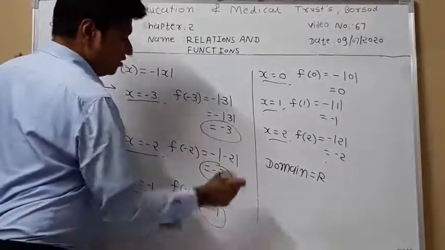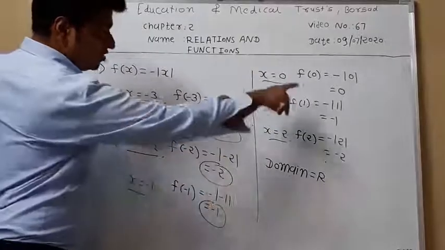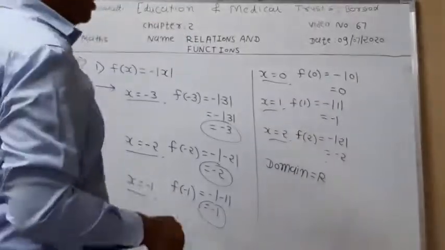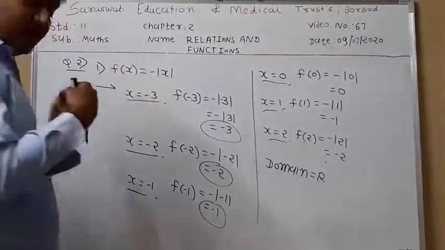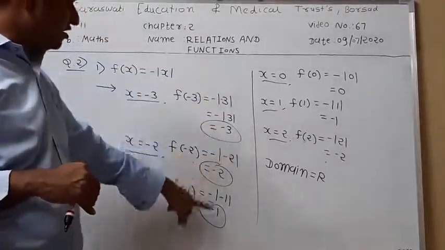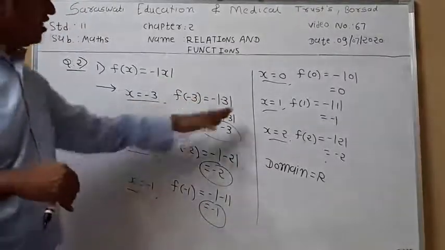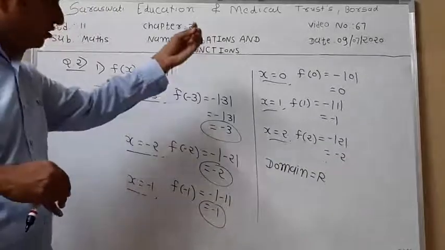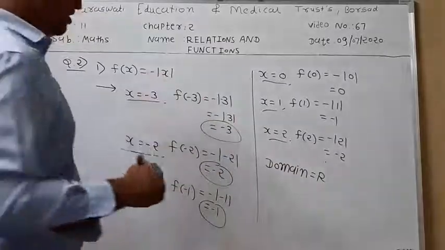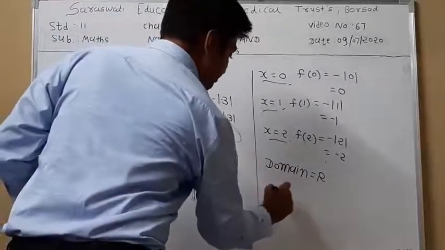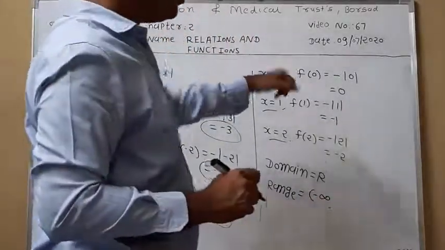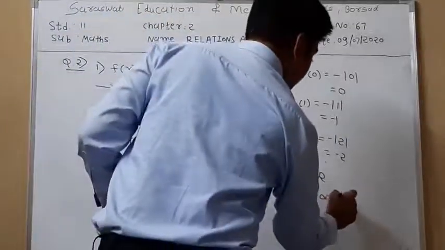Now see here, here we get all negative numbers in position of range, and also here we get 0. So our range is going in the left side, negative side. Here we can take any number, some negative number, some positive number, so we get a negative form. That's why our range is going from the negative side. So our range is open interval minus infinity. Also here we get 0, so close interval 0.